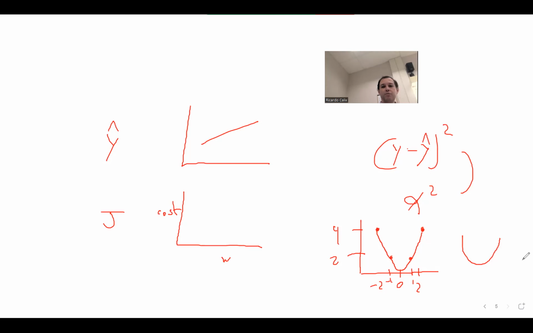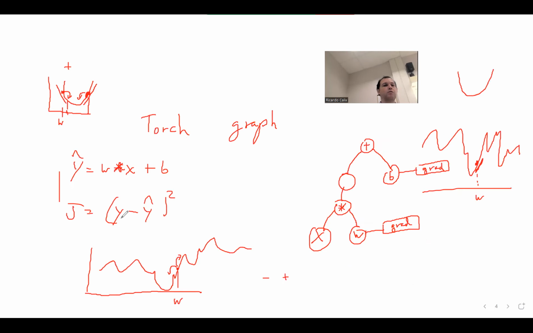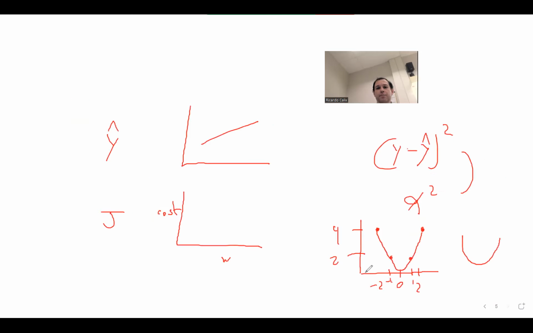So when I wrote this function over here, I'm saying that there's a specific behavior that it follows, right? And so that is there in memory. So there's a trick that deep learning does, which is called calculating the gradients, right? It's the trick that it does. So at any point in time, it's evaluating where the W is with respect to the graph. So if I go over here,